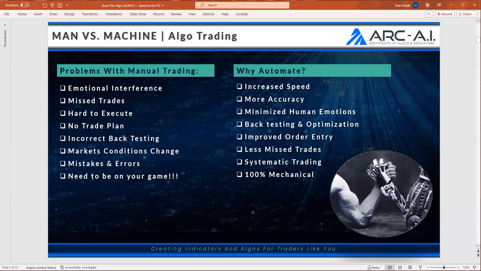If I could sit here and say, hey, look at this strategy, produced $10,000 over the last 25 days, trading X contracts with this stop and this target, that's good information. That's information that you probably don't have with every other strategy that you're deploying, right? And that's why automation is so effective, because you can mechanically deploy data. Now, I don't expect you to be a data scientist. You don't need to go to MIT to come to this event, right? But we need to have that discussion that man and machine are not created equal. They will never be equal, right? And there's pros and cons to both.